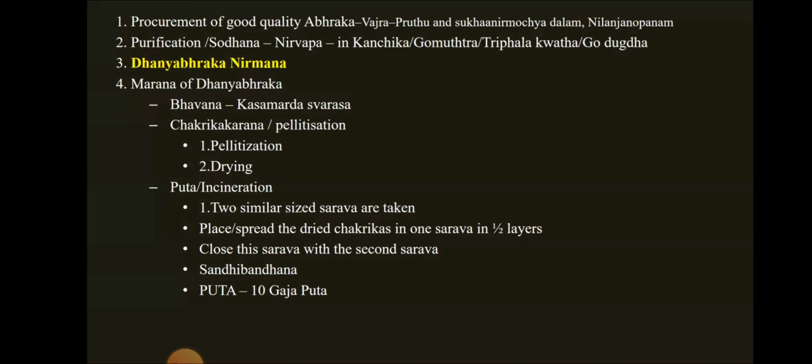That is when it comes to Abhraka. Abhraka is the first mineral among the Maharasas. When it comes to Abhraka, after collecting the Abhraka according to the Grahya Lakshanas, that is Vajra Abhraka, and the purification is done, the Nirvapa process is mentioned. The Nirvapa is done in Kanji, Gomutra, Takra, Godugdha, any of these liquid media, and after that Dhanyabhraka. Next is the special procedure mentioned only for Abhraka, that is Dhanyabhraka Nirmana. So that is the exception here.